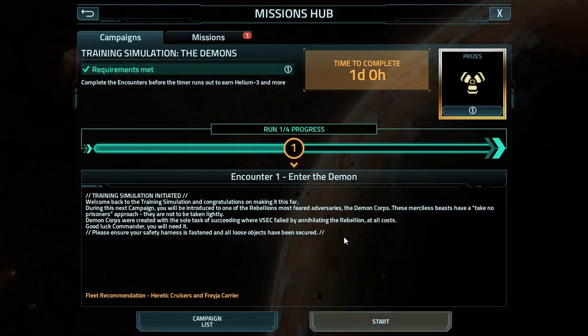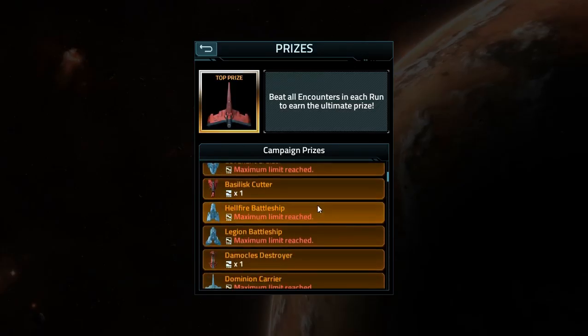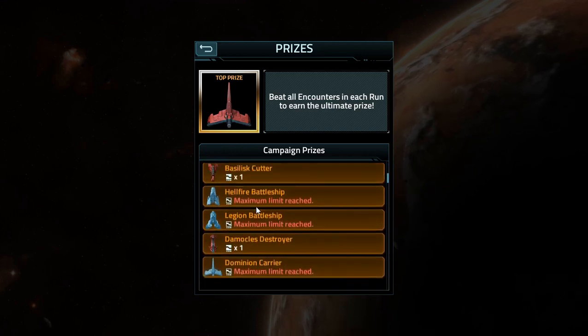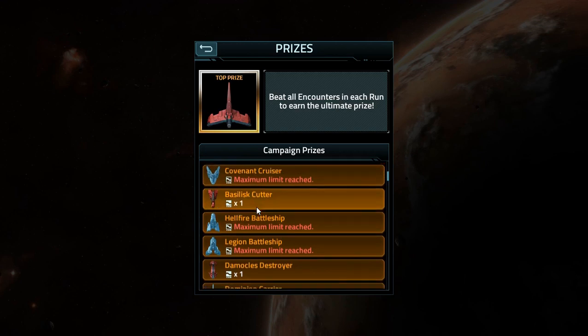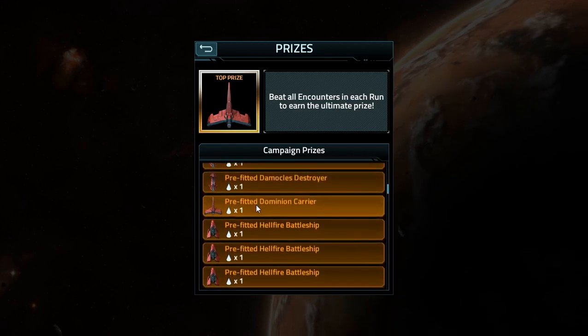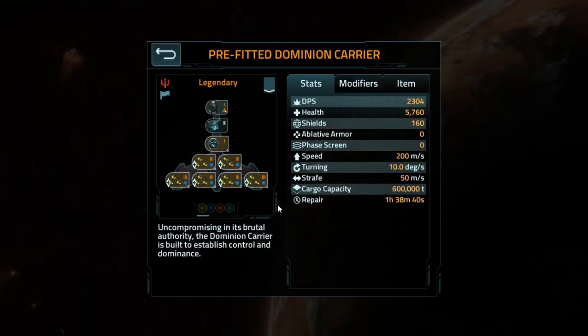And it's going to be these guys. Heretic Cruisers and the Freya Carrier. Prices are going to be the entirety of the stuff that I don't have. Basically, I have everything else. That's another thing that I want to dink around with, is just other pre-fitted ships and things like that over time. Prefitted Democeles, prefitted...